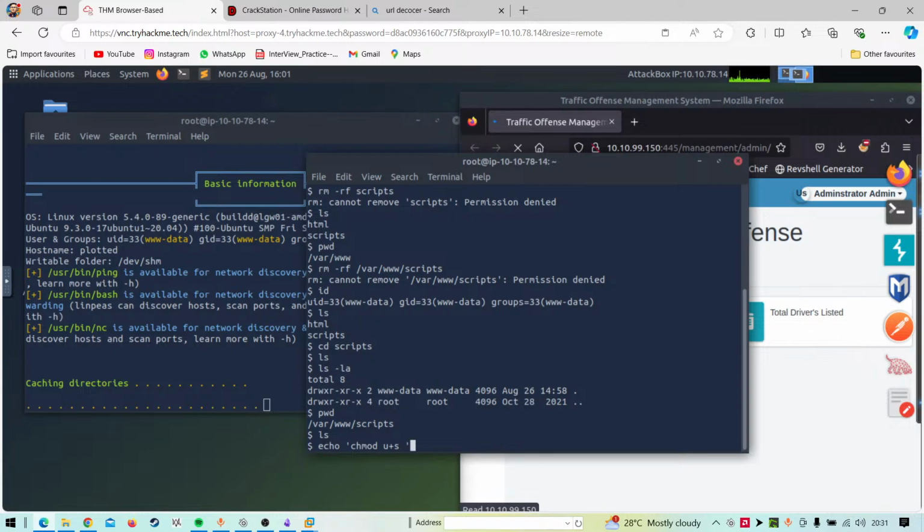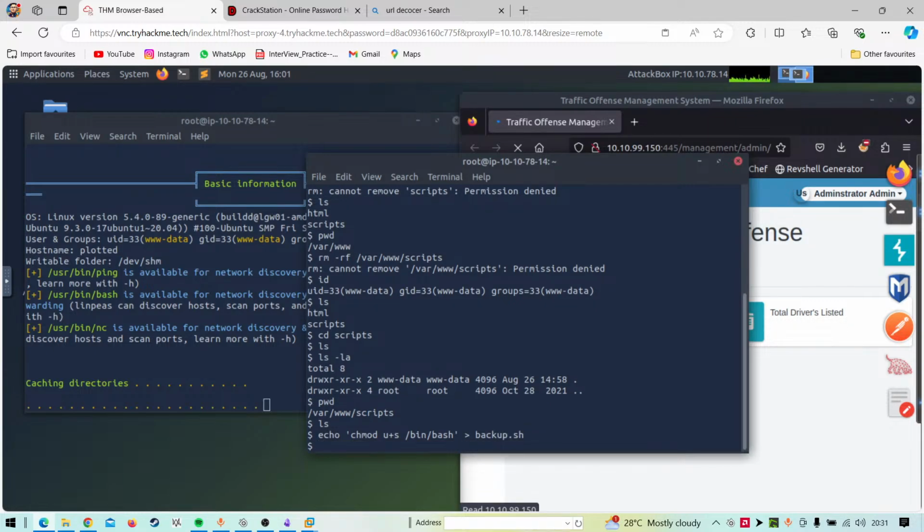and I can just spin up bash and set SUID on this bash.sh, right? Or if you wanna get a reverse shell, you can just use our reverse shell command.